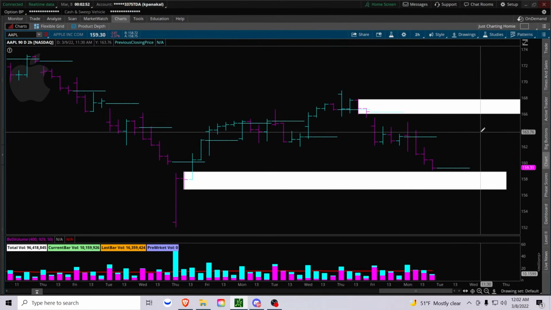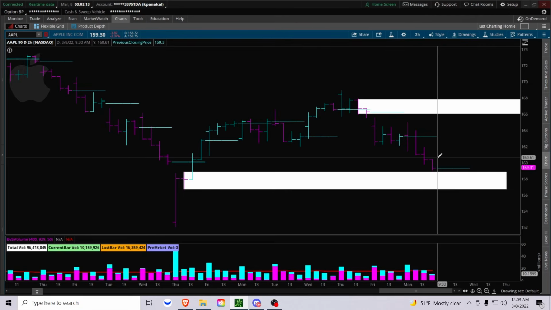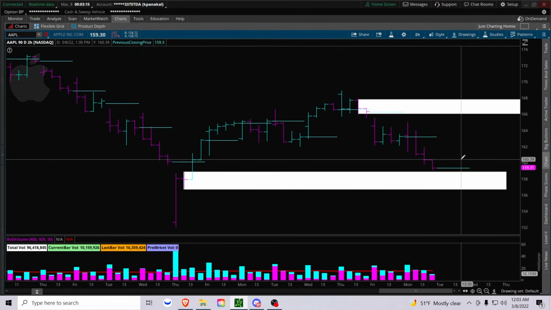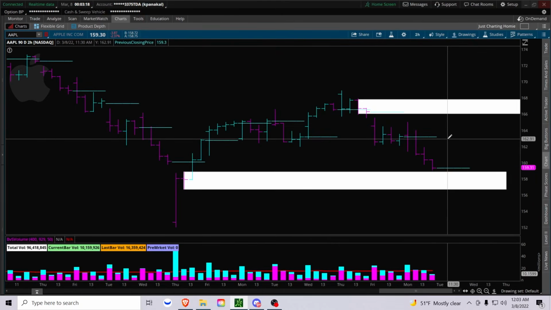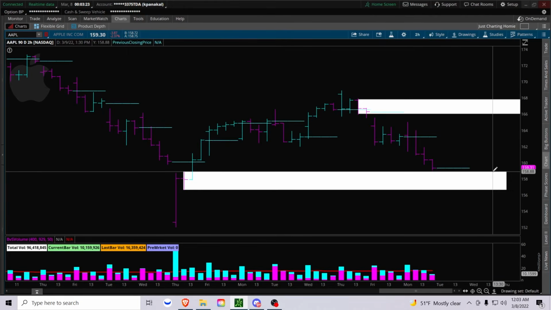But I personally don't trade Apple too much, and I don't usually trade on days when there's news for certain tickers. So news is always dangerous, not dangerous but risky to trade. Since the rumor is somewhat over, I think it is riskier to trade. So unless you find a good quality setup, then enter. Don't just trade based off of what you think might happen, if you get what I mean. But you would look basically for these two zones, which is